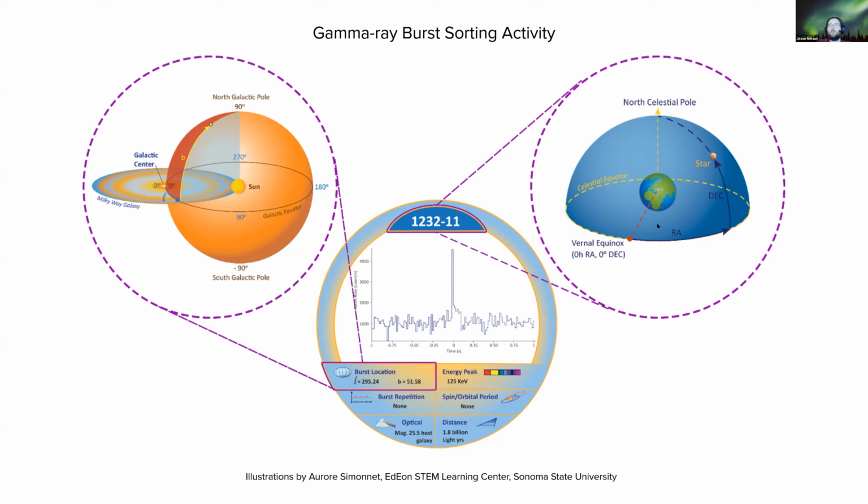So in this case, -11, that's in degrees. So we're basically a little bit more than halfway around the circle and then a little bit under the plane by 11 degrees. And we also give the burst location in galactic coordinates, which is a similar coordinate system. It's just using a different frame of reference.